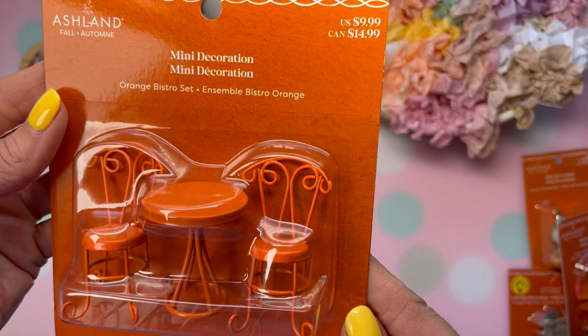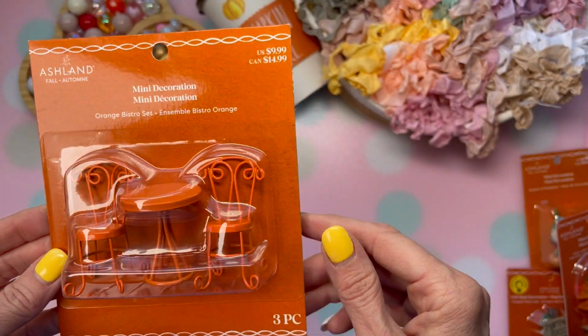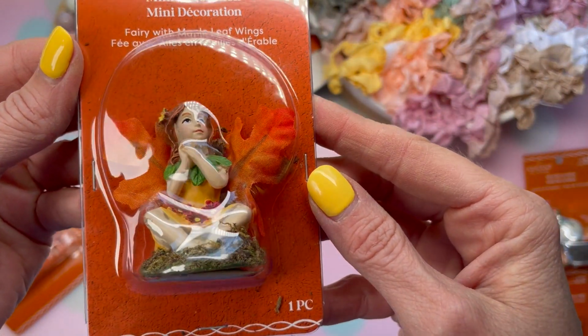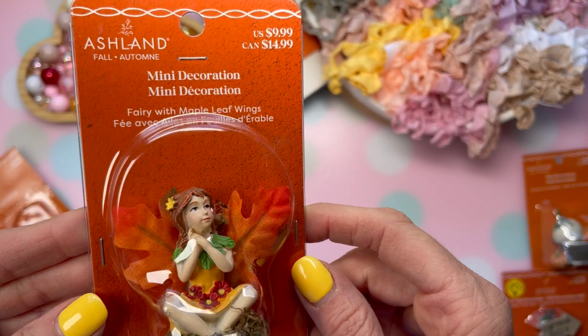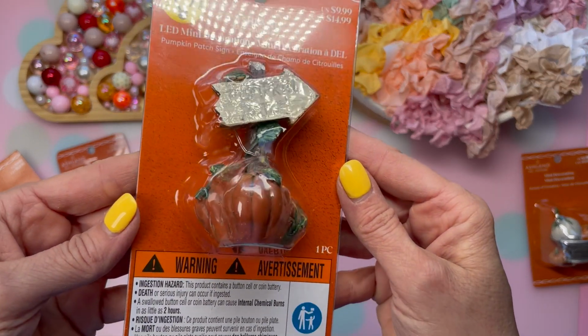I did go to Michael's and Canadian Tire to get the other supplies that I needed. I can show you a close-up look and an unboxing of each of the items that I chose to go into my fairy garden. There's the mini decoration, the price of $14.99, and it's a cute little orange bistro set. The fairy with maple leaf wings for $14.99. You can see the US prices there as well if you are in America. And we've got the pumpkin patch,